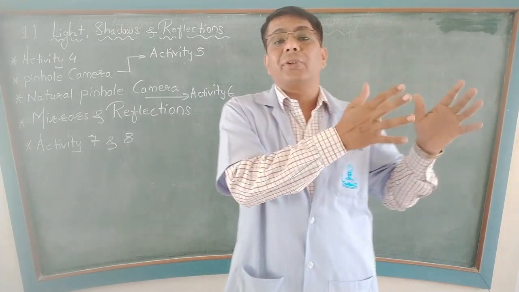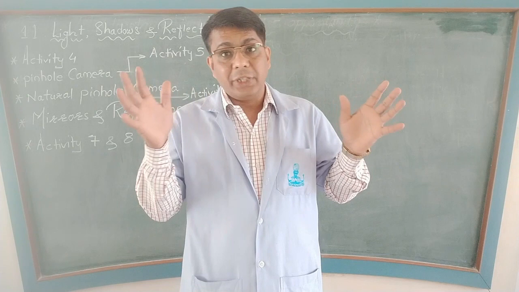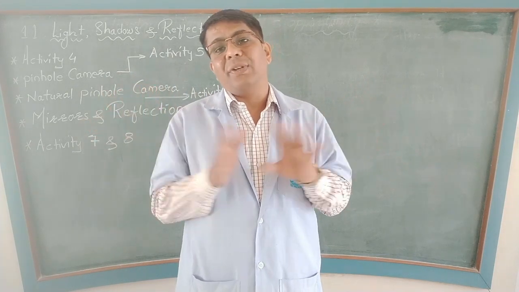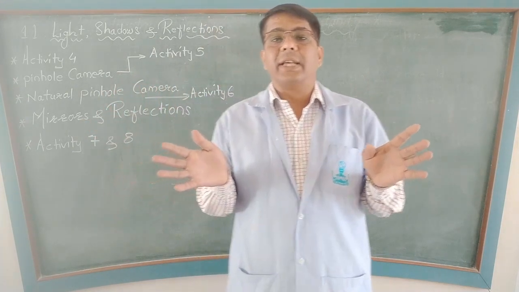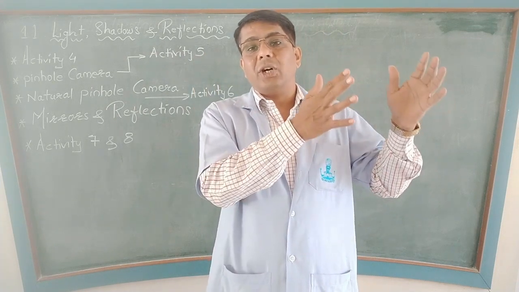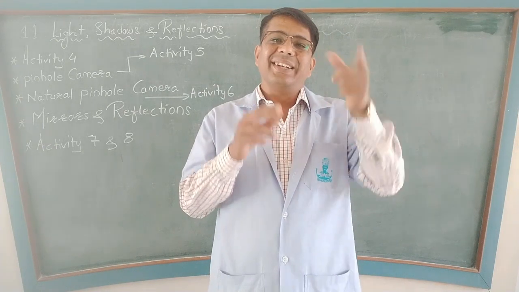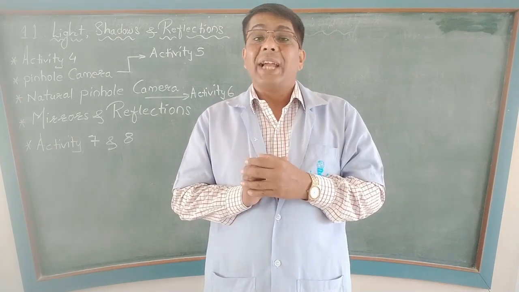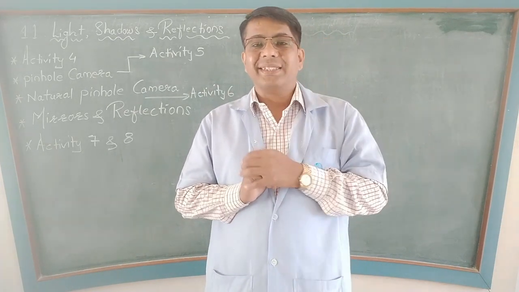Okay, if you are seeing trees, sufficient amount of light has to be there, right? Otherwise you will not be seeing anything. So if sufficient amount of light is there, you will be seeing trees or vehicles on the road, but you will get inverted images of these. Okay, and very small images.